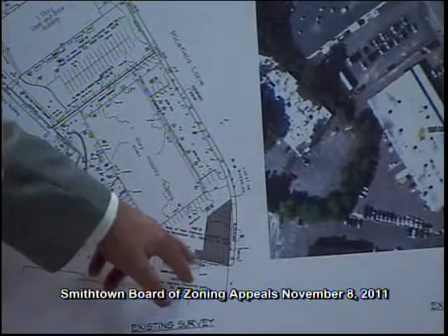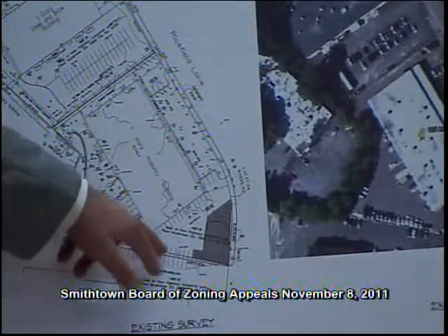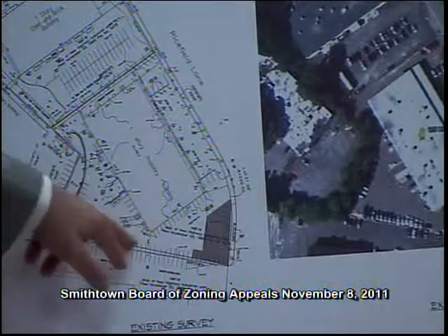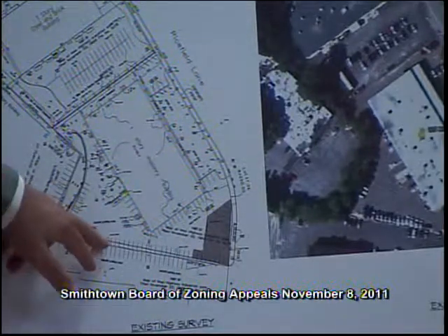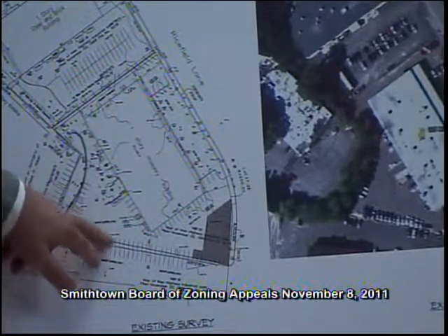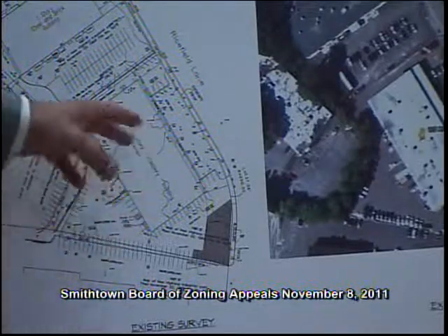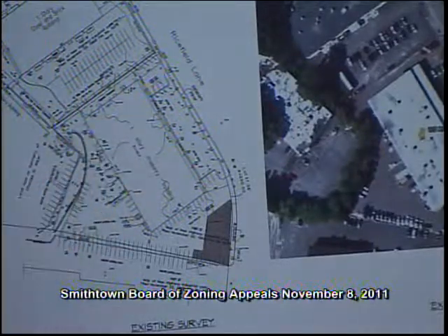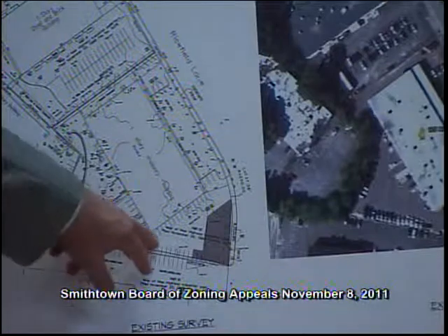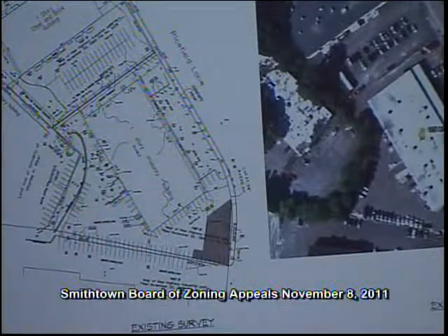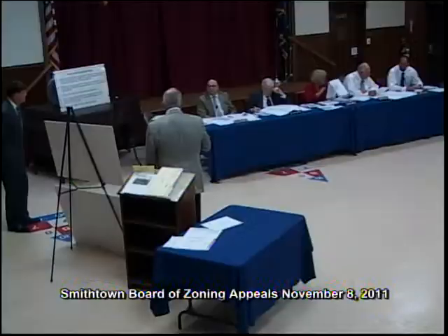I think that can be cleared up most easily by an easement between the two property owners so that the physical conditions that exist can match between the properties, as an alternative to making significant physical changes to the site. It can be cleared up much more easily by some type of agreement between the two property owners to leave the parking the way it is physically. Be happy to answer any other questions.